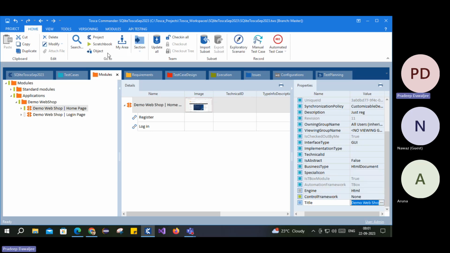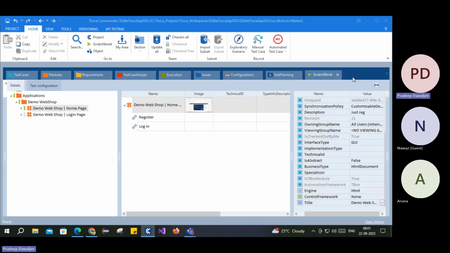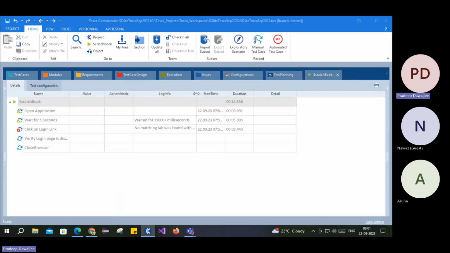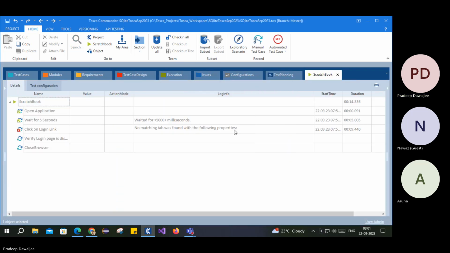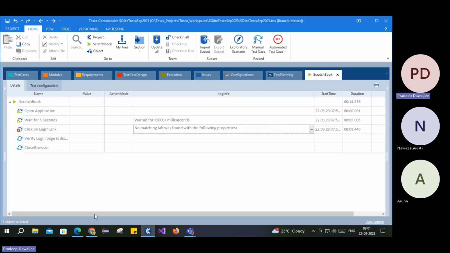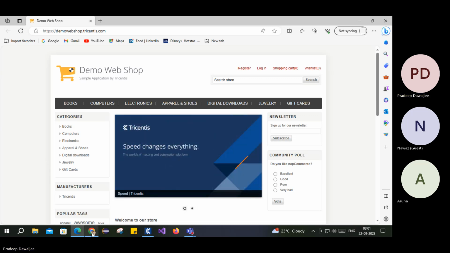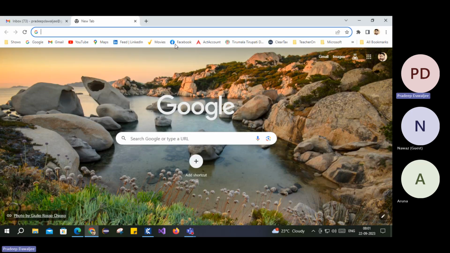Now this is in Scratchbook, right? So I'll just tab it here. So with these properties, it is showing it is failing because of this. Now if you closely see, one thing that you should remember is